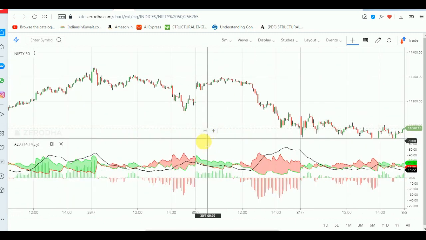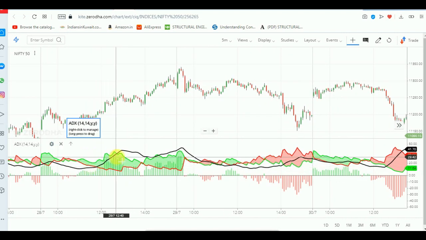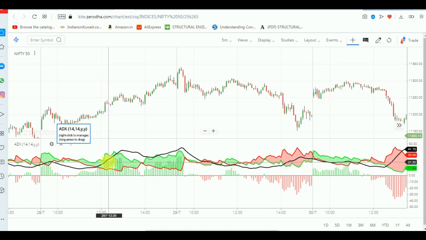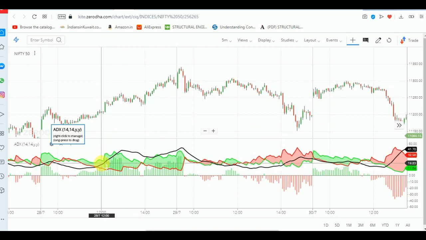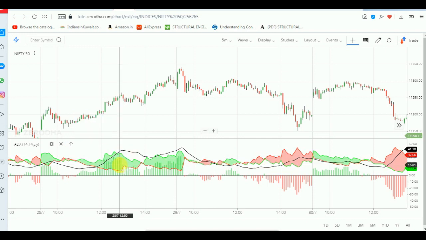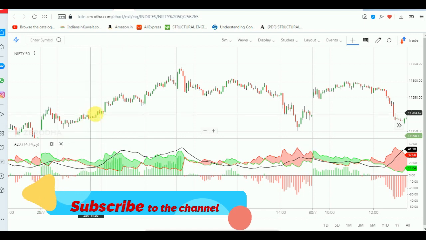So for example, if you want to see the green, with the movement of ADX, you can see clearly here. So if you see 20 comes here, somewhere here, this is the 20 line, means in the reading you can see here. So this is where the 20 level comes, and if it breaks this 20th level, and starts moving upwards, and if you can see the green filling between these DI lines, which means that the market is going to have an upward movement. You can see clearly, right?